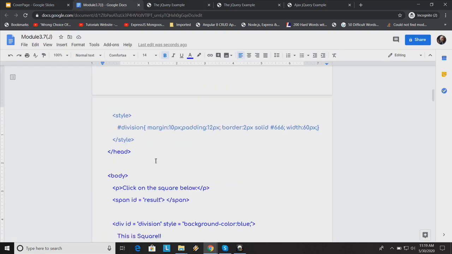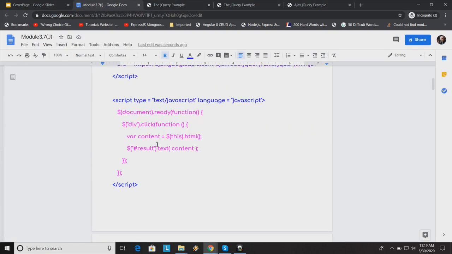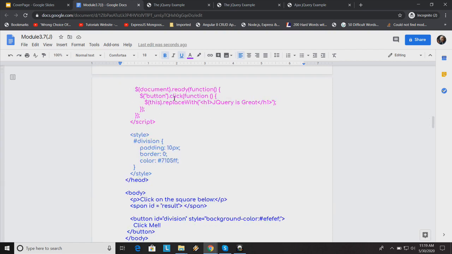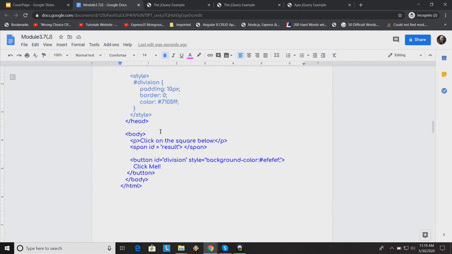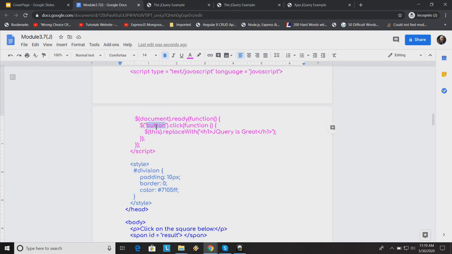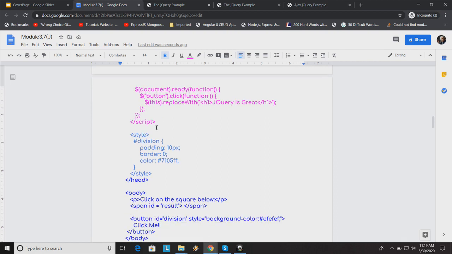So this is an example of how to interact with the Document Object Model using jQuery in the HTML. I have one more example relating to DOM manipulation, element replace. Suppose I want to replace an element based on an event; in this I'm using the click event. Before going through this, I have the HTML here. I have only one button, so I'm using the button selector directly. Again, if I have multiple buttons, you have to mention the ID here, following the hash symbol.